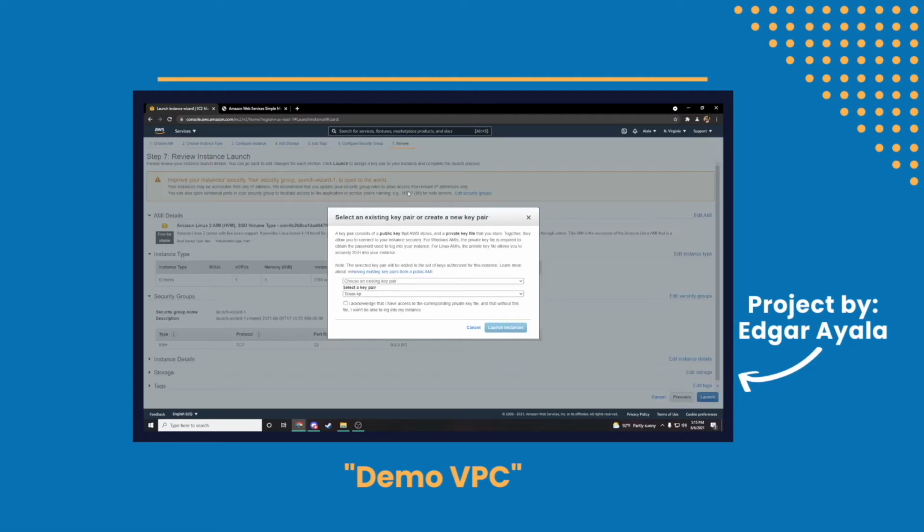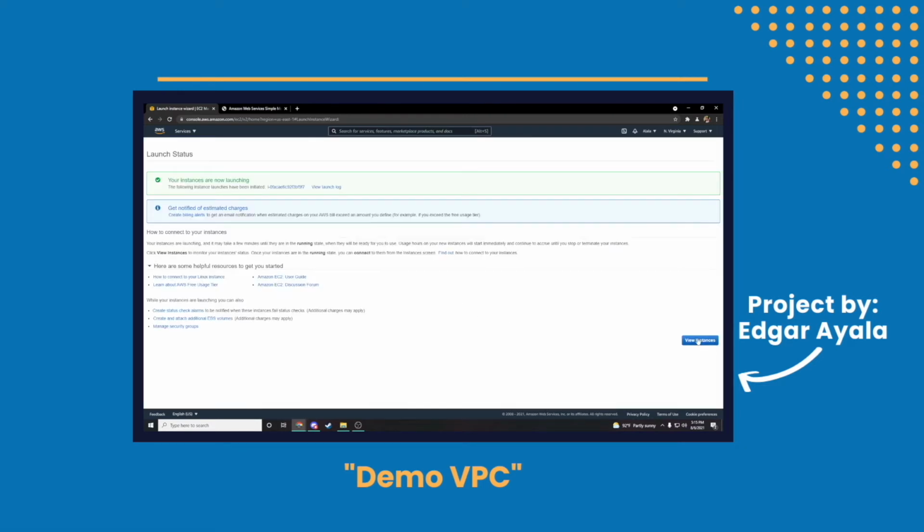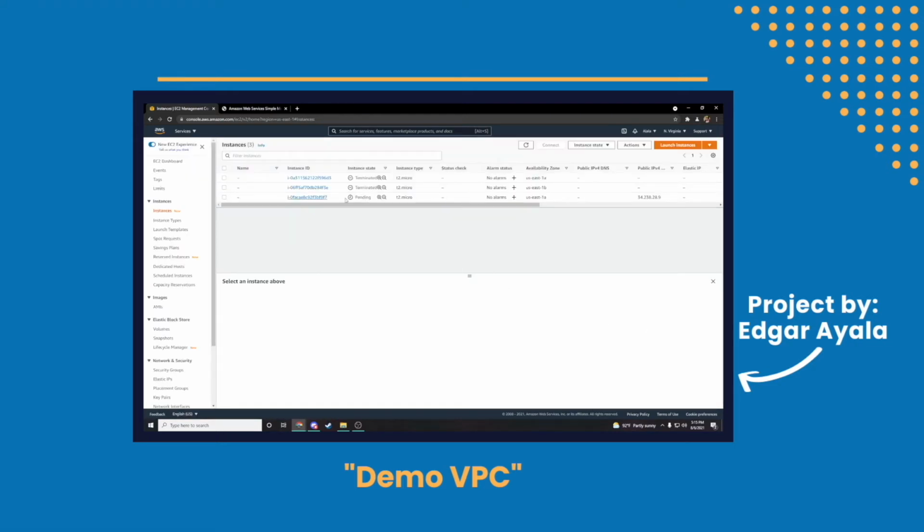And then it's going to ask you about a key pair. So key pairs are extra protection for your EC2 instances, so nobody else can have access to it but you. Or if you give out the key pair, they can only have access to it. So we're going to go ahead and acknowledge it and launch the instance. And we're going to view instances, and you can see it says pending, and we're going to name this one